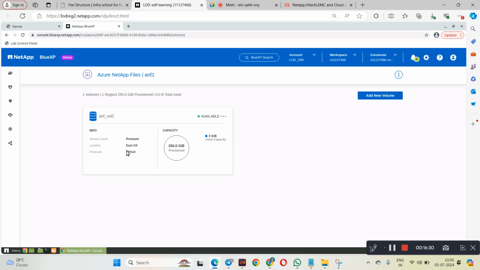Now we can see the volume is added. Okay, you can see the location, EastWS, that resource group, right? Everything, the capacity and everything. Okay,